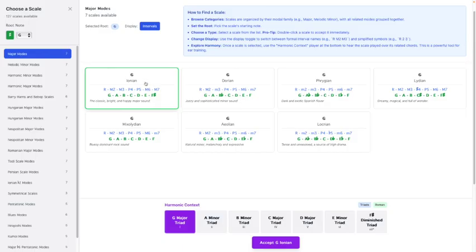In this case, G Ionian has the 1 chord as G major, A minor is the 2, B minor is the 3, etc. So the idea is that we can click on these buttons to hear the scale with the chord in context. So G major with the 1 chord, but let's say G major with the 4 chord, over the 5 chord,